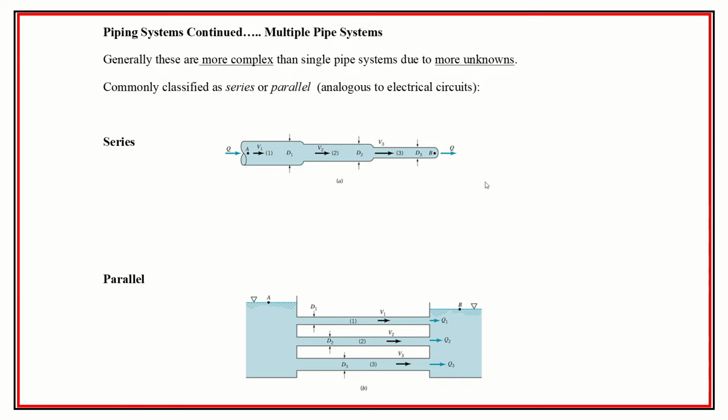Right. So multi-pipe systems. This is a useful concept to absorb because it also ties into analogies to electrical engineering and some other types of systems. It's kind of an interesting thing to see. All right, so if we have a pipe and it's changing diameter, let's say, in 3 positions, we could think of that as being like some series resistors, analogous to that,